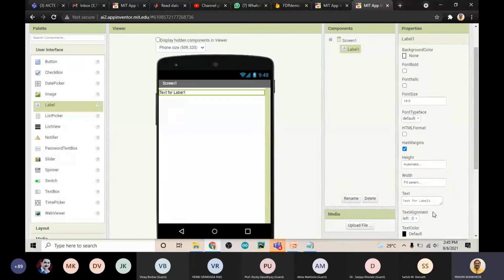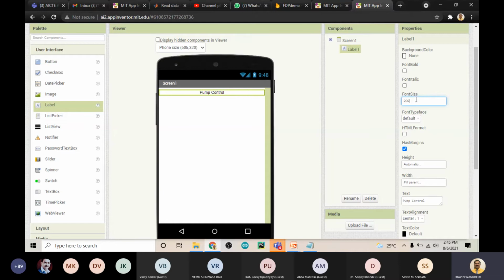Click OK, text alignment center. Enter the text here. I'm writing here pump control. And then I'm putting the width 20.